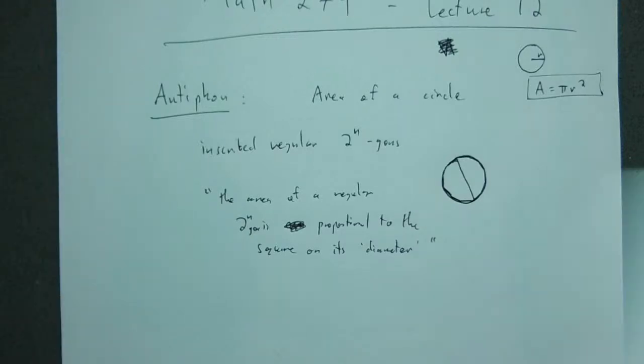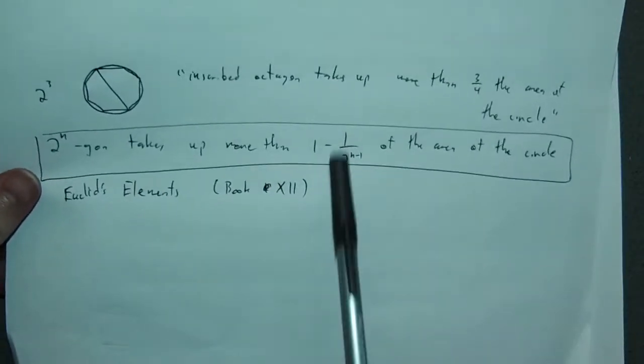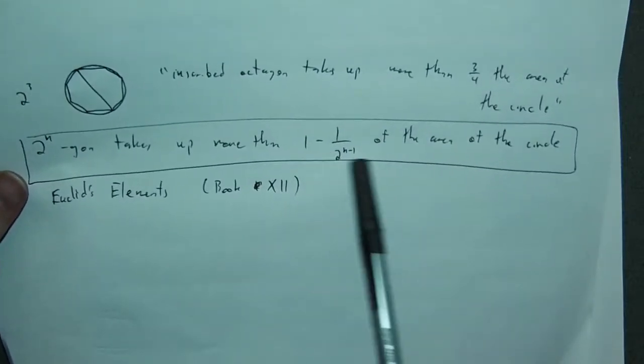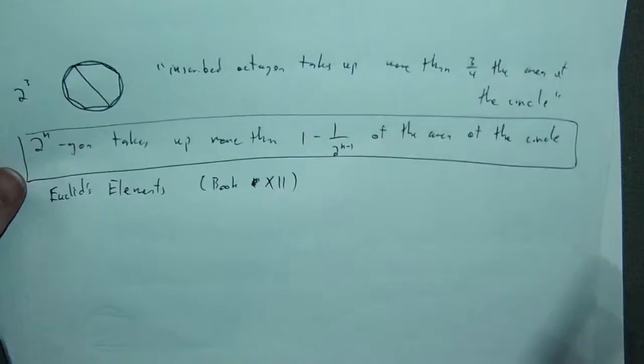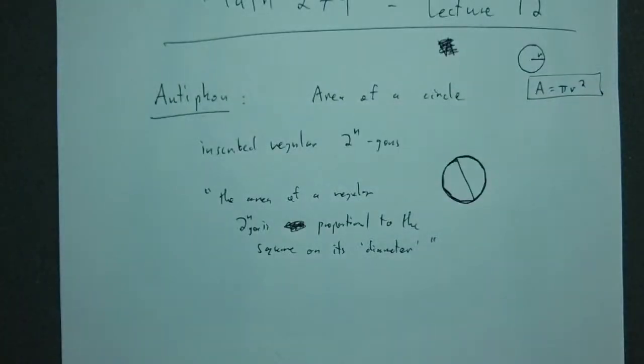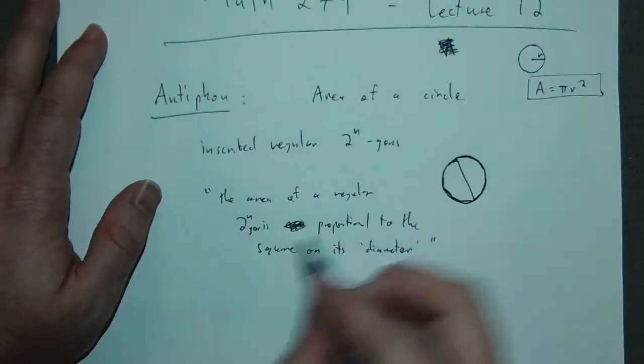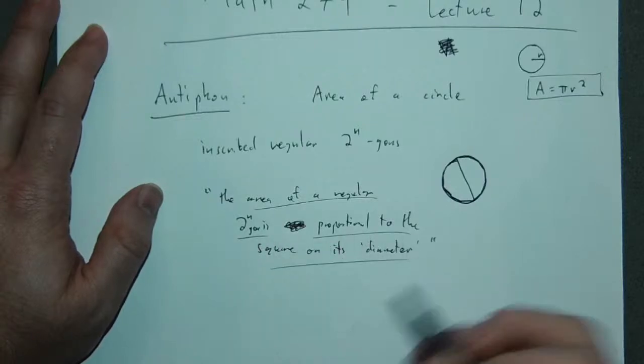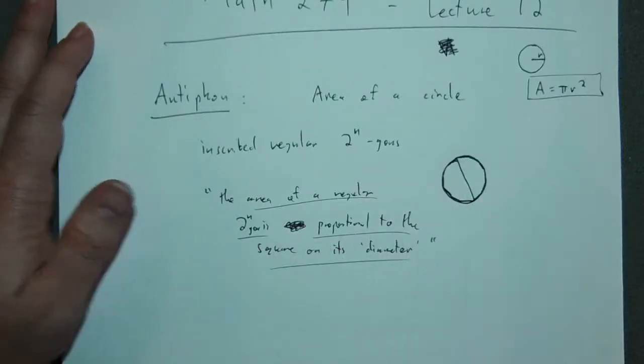By this fact that was written down later, it takes up all but 1 minus 1 over 2 to the n minus 1, whatever fraction that is. It takes up all of that, so minus a tiny, tiny bit of the area of the circle. Okay, and then we know this fact that the area of a regular 2 to the n-gon is proportional to the square on its diameter, and so as this